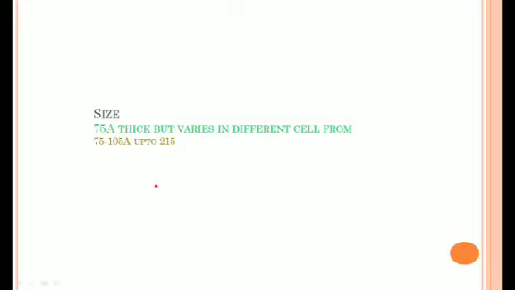After that, the size, the vertical size meaning the width of the plasma membrane, is about 75 angstrom, and it may go up to 105 angstrom. It is a minimum of 75, and in general 105 angstrom. But in rare cases, it may increase up to 215 angstrom. This is the general figure, but this is the exceptional figure in some plasma membranes.